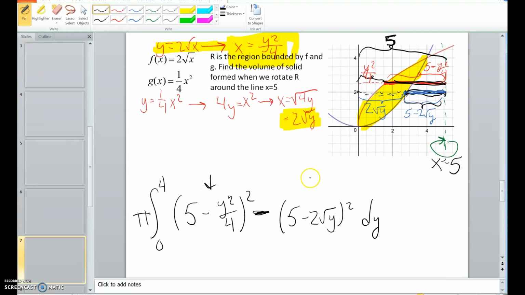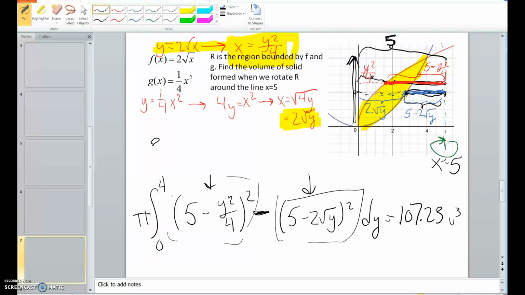And so when we plug those into our volume integral, we are integrating from 0 to 4. So we're integrating along the y-axis. The big cross-section, so that's the red one, is 5 minus y squared over 4, squared, because the area of a circle is pi r squared. And then the small area is going to be 5 minus 2 root y, squared, again because the area of a circle is pi r squared. So when you put that in your calculator, you should get an answer. Let's see what we get. That's 107.23 cubic units. But again, we'll talk more about this example in class. But that's a good warm-up for